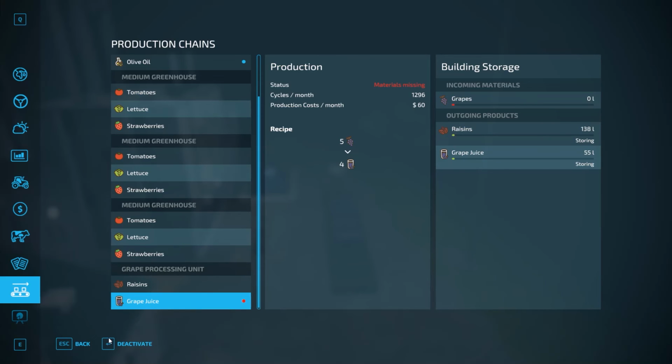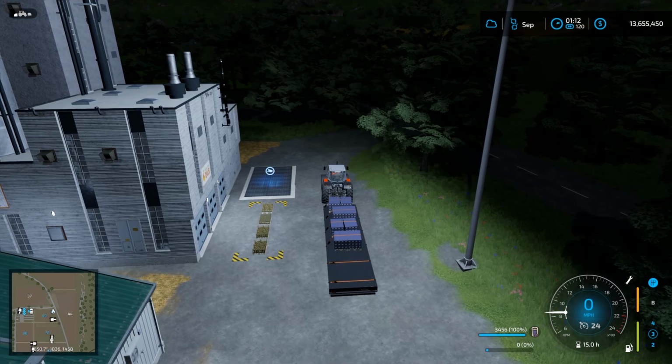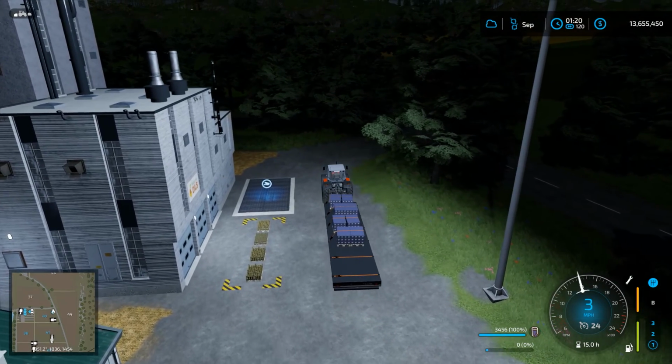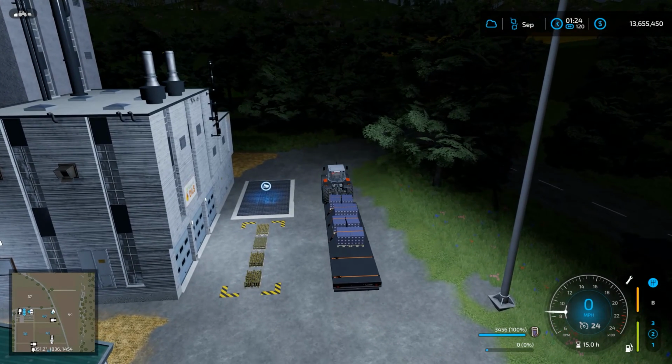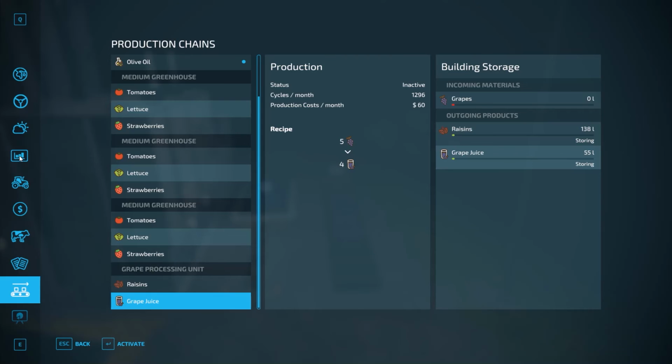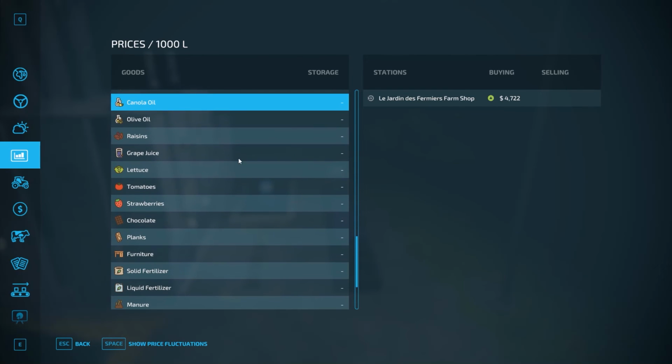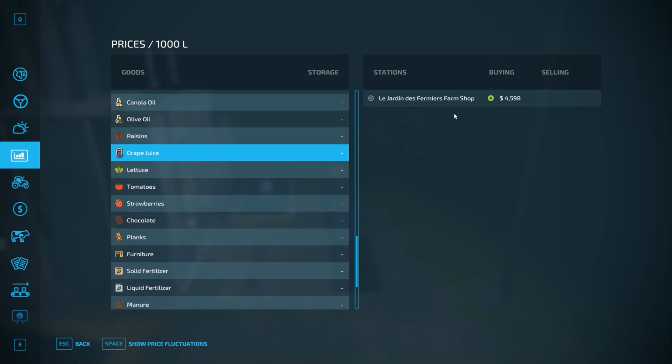Yeah, I'm out of grapes, so I'm going to deactivate that now. So that's what I got. That's a season's worth of grape juice from the grapes. And I need to figure out where the grape juice farm shop is. Okay, that's what I figured. All right,